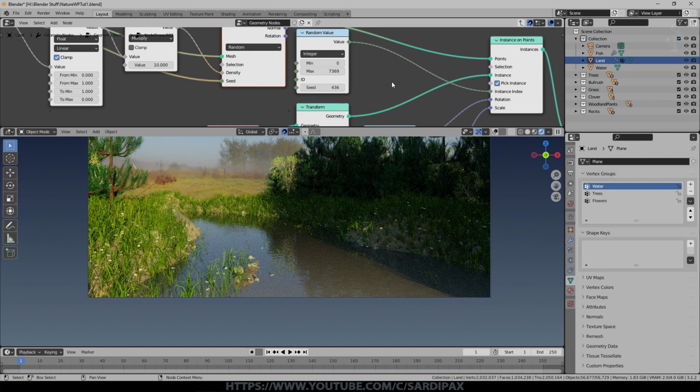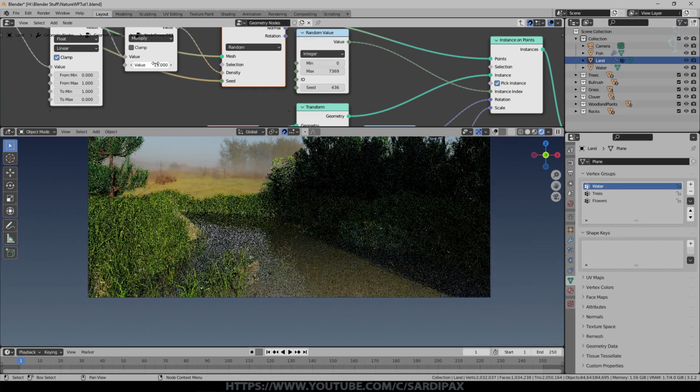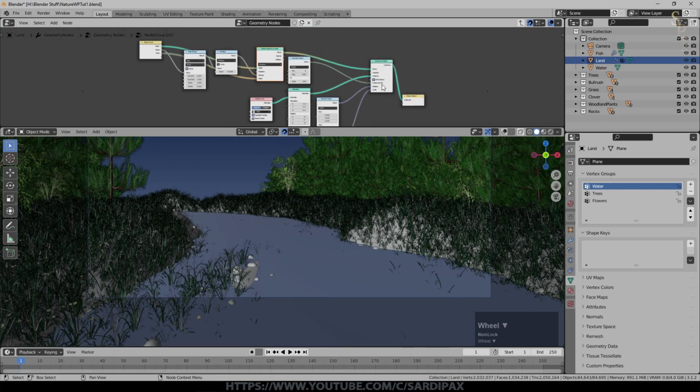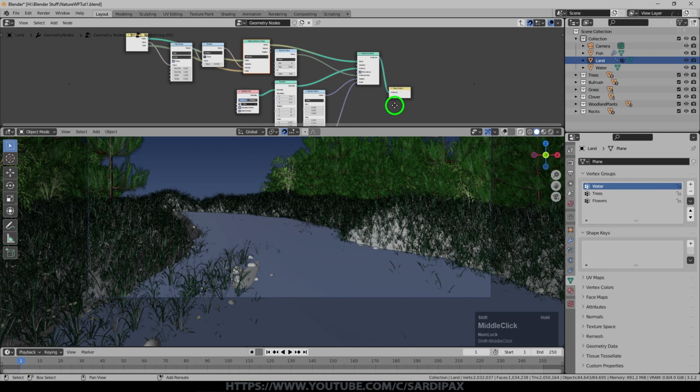When you decrease the size, you'll often find you need to increase the density of them or the number of them. So I might put that up to 15 now. You'll see that's filled it in again. So I'm not going to go into every single one of the assets, but I did one more vertex group, which was flowers. So we'll just do that one.